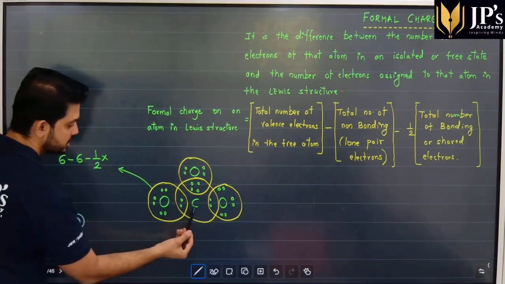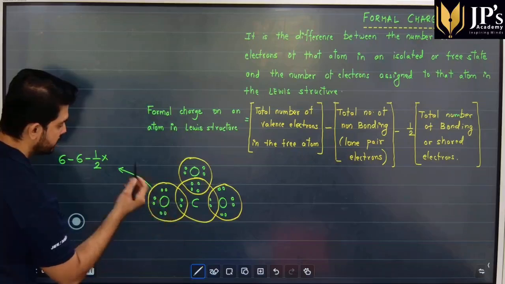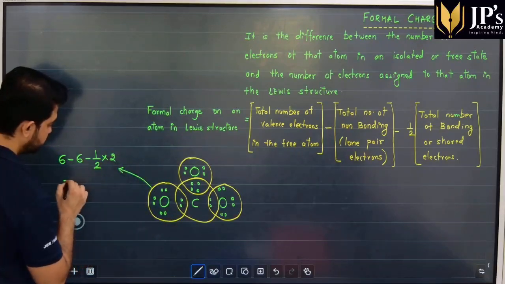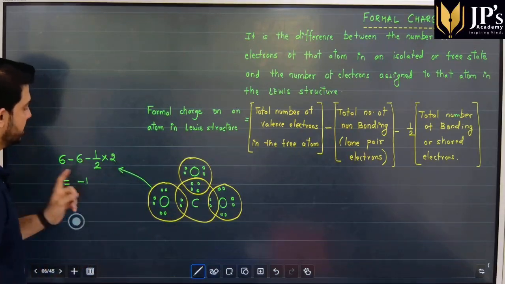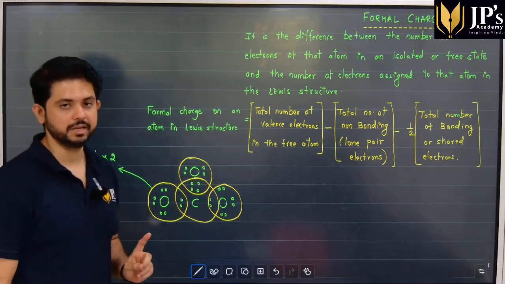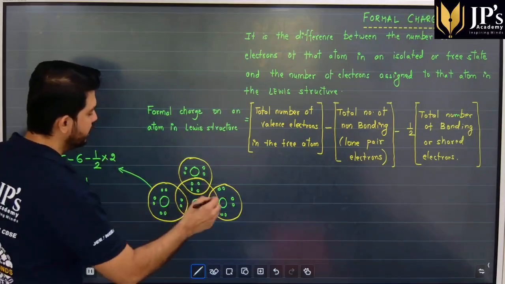Between this oxygen and this carbon, I see 2 electrons which are being shared. इसे हम सॉल्व करें तो हमें फॉर्मल चार्ज मिलता है ये ऑक्सीजन एटम पे -1। एक और एग्जांपल ले लेते